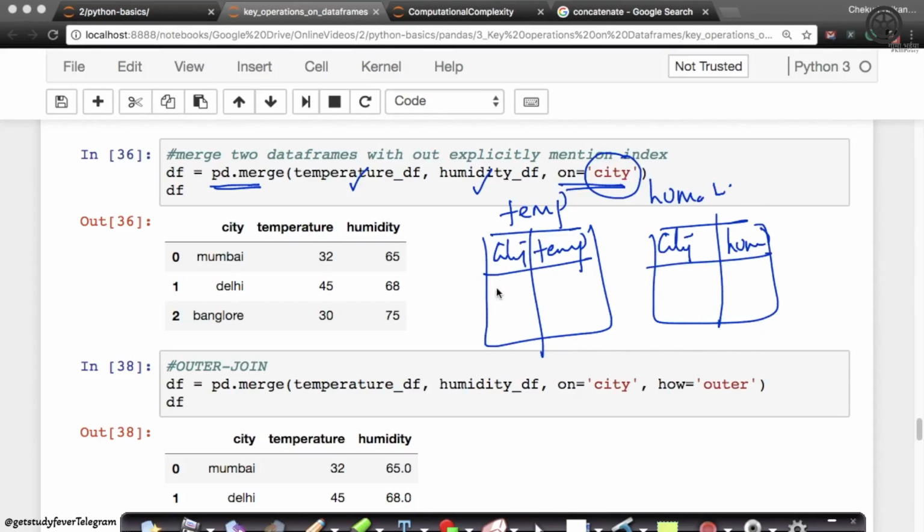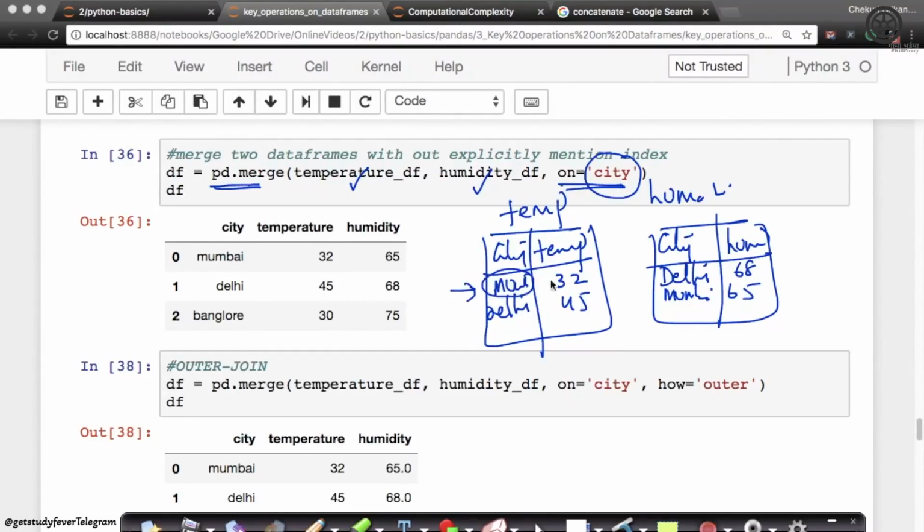So for the city of Mumbai, it looks at the temperature is 32, and again in this table it looks at where is Mumbai here. Need not be this first row. We could have Delhi here, and Delhi could have been here. Delhi had 45 and 68, and Mumbai has 65. So it first looks at the first value here.